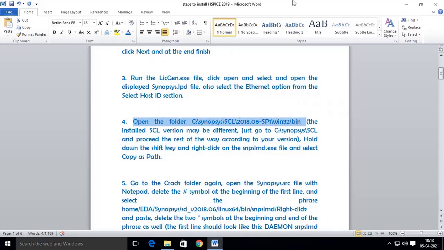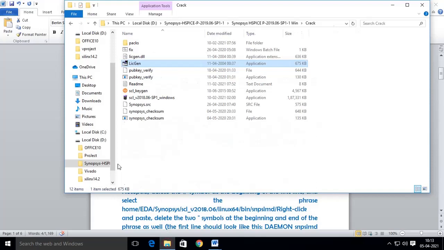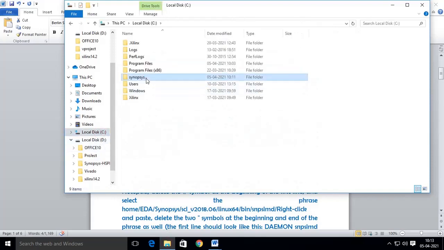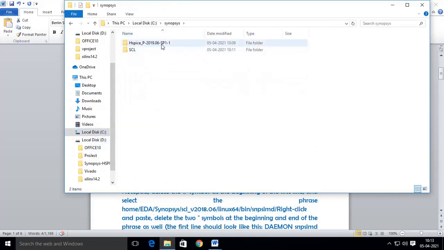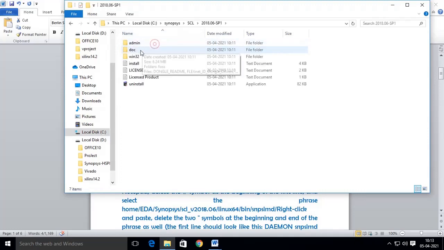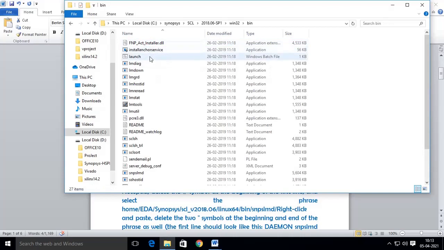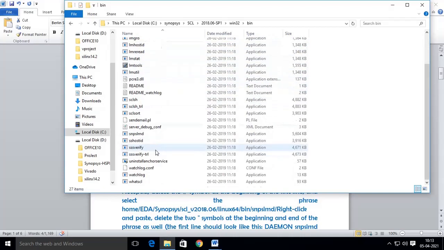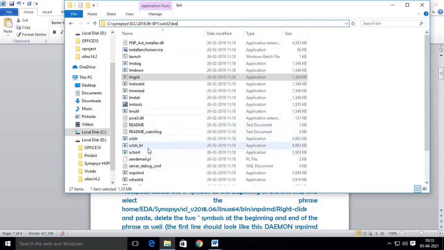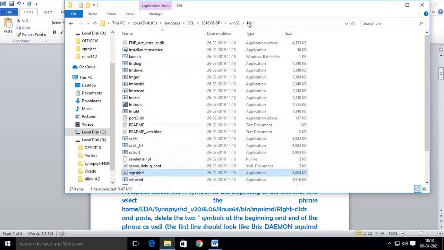So open the folder C, Synopsys, bin, Synopsys SCL. Now copy the path where the Synopsys SNPS LMD file is. Copy the location of the file.